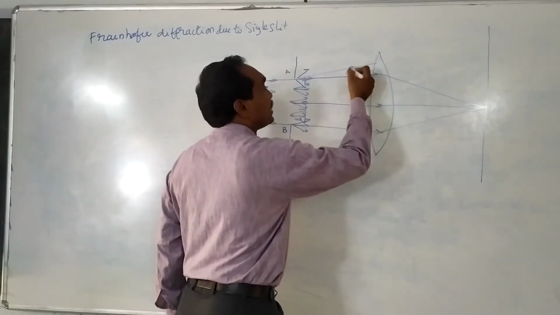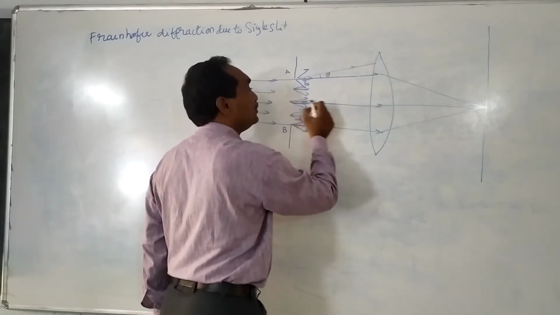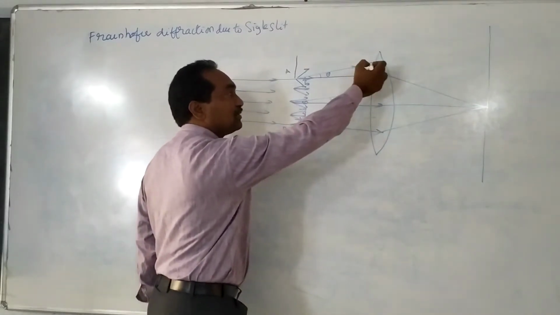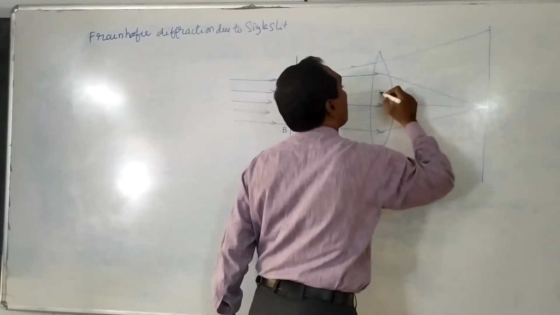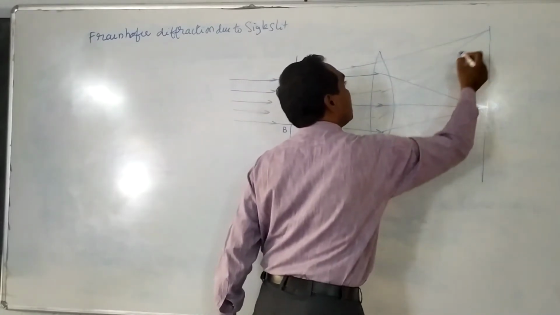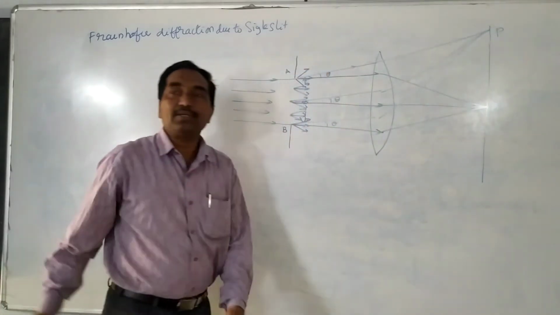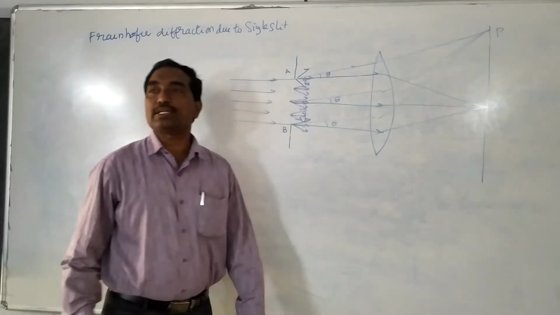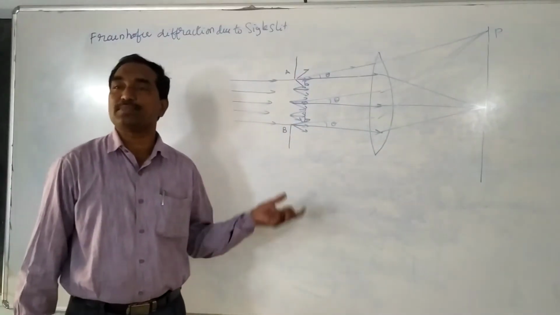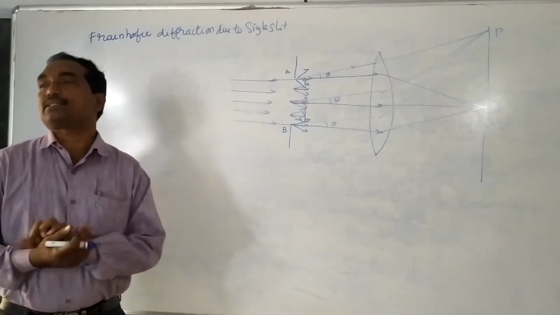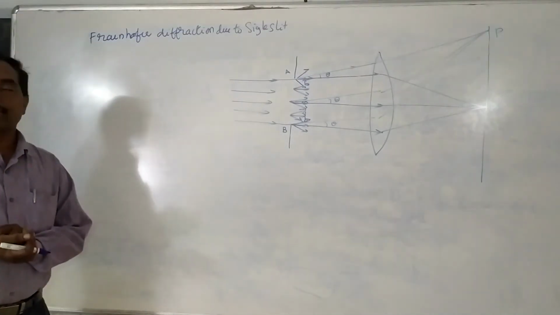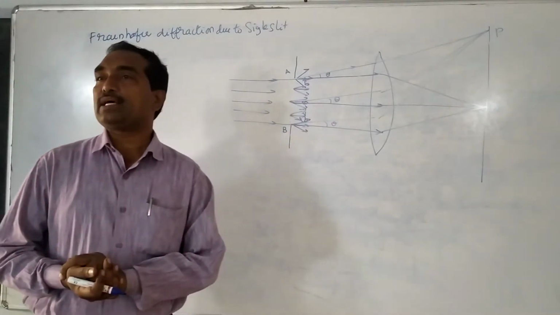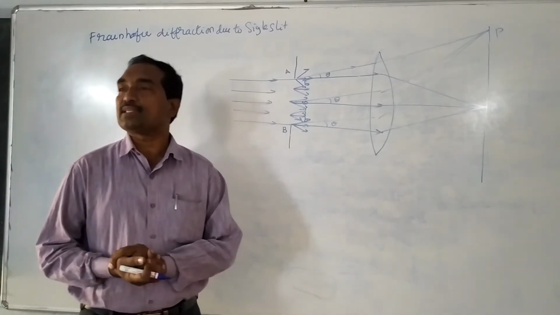For example, a ray is diffracted at an angle theta. These diffracted rays will concentrate on the screen at a point that may be taken as P, where we want to observe the resultant intensity on the screen at point P. So that is our aim, to calculate or to observe the pattern of the single slit. To observe the intensity, firstly we want to calculate the path difference and phase difference, because the resultant intensity depends on the phase difference.